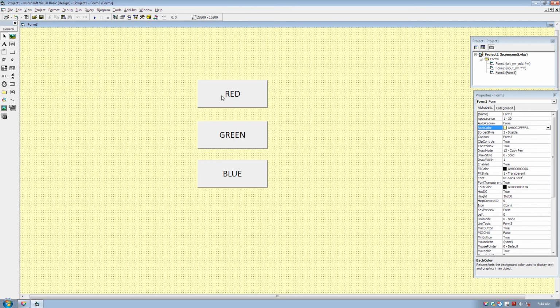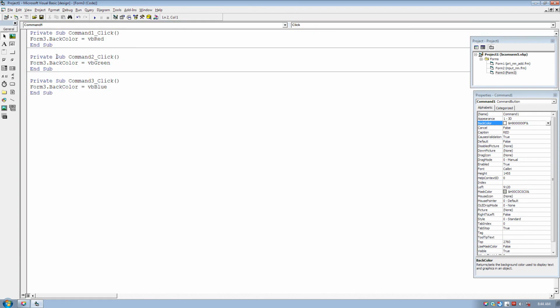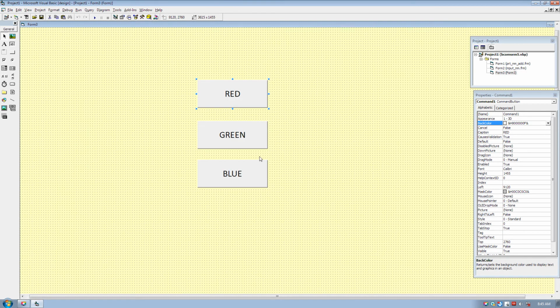Again, look here. Today we have learnt how to set properties at runtime. I repeat, you should write the name of the control, then dot, then you will get the list of properties. From that you should select your property, and then whatever setting you want to do you can set. I have set the form 3 dot back color property, okay, because we have nothing else. We have taken only 3 command buttons and 1 form. We can do only this.